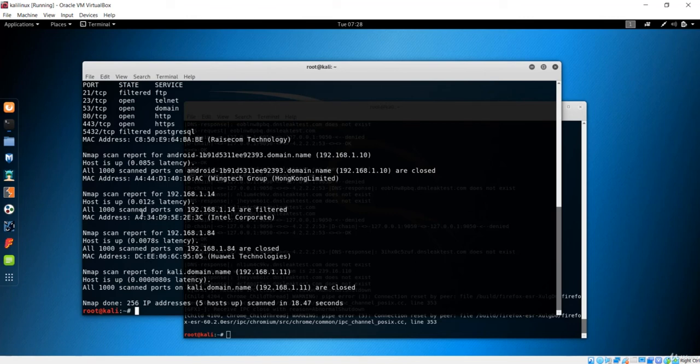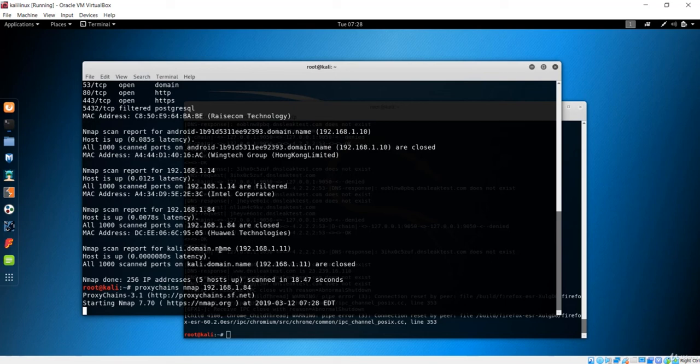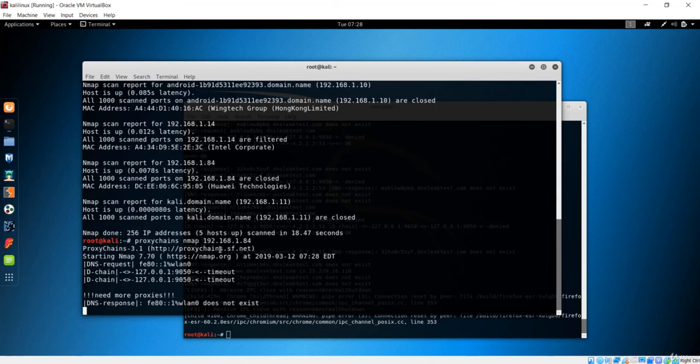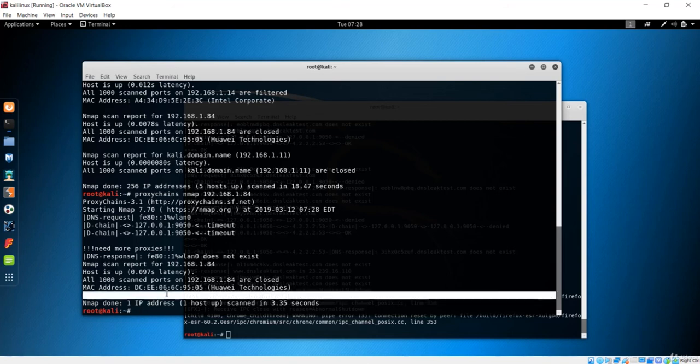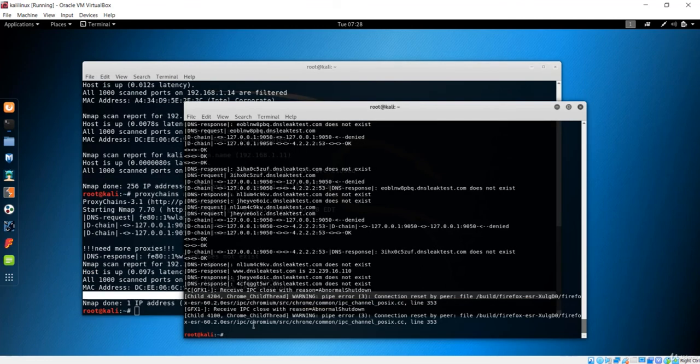So you can simply do something like nmap, and if you know the IP address of that system, maybe if I want to get the IP address or any information about this technology, you can simply type that technology and see which ports are open and which ports are vulnerable. So if I just hit enter, then it will give some of the ports and the information about the MAC address. Maybe there is no port that is open. So this is the information that we can gather from nmap, and we use proxy chains as a service bound with the Tor network to remain anonymous while hacking.